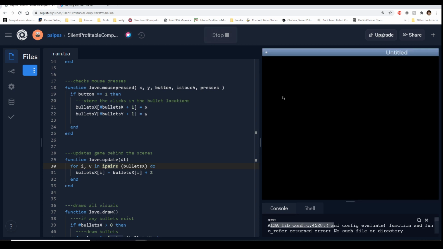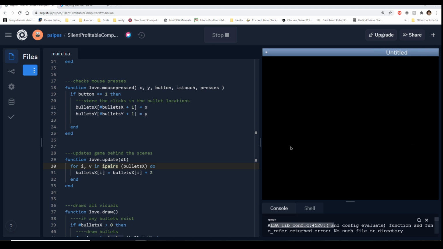So now, oh, we have bullets shooting, and they're going, and they're doing things. Now, we run into a new problem. The new problem is that every one of these bullets that we're pressing is creating this table that's longer and longer and longer. Even if the bullet is off the screen, it's still moving, it's still going, that number's getting bigger and bigger and bigger.